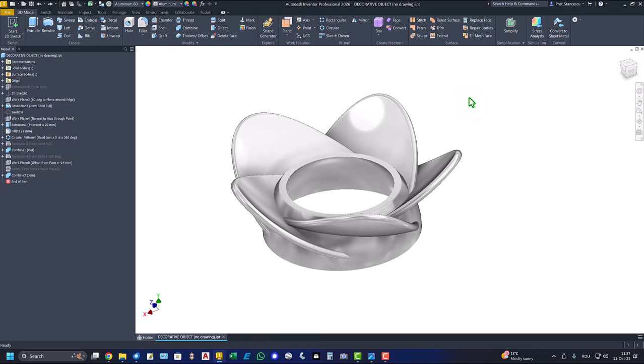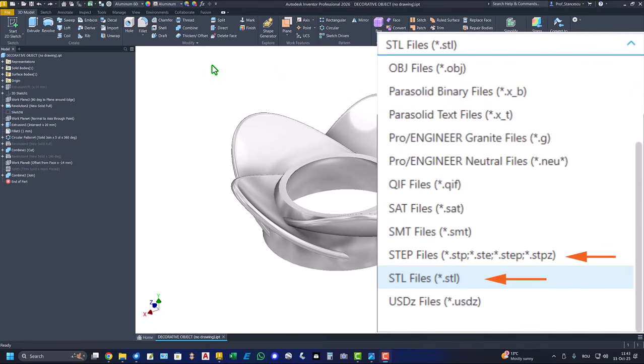You can create a model with Inventor, and then you can save it as stereolithography or step or other kind of solutions to obtain the physical solid as this one by using a 3D